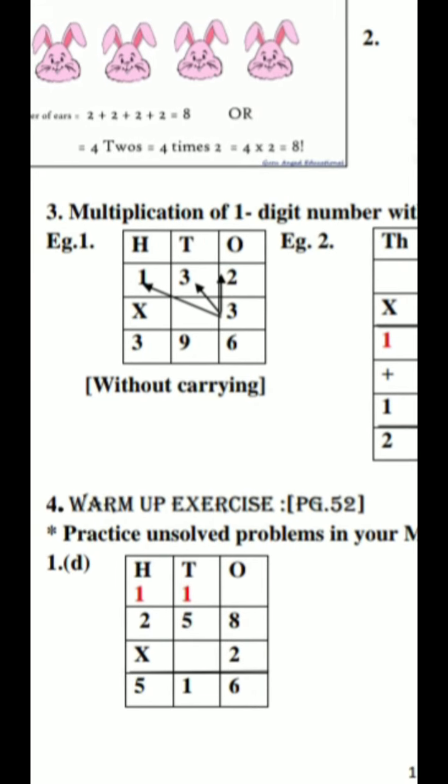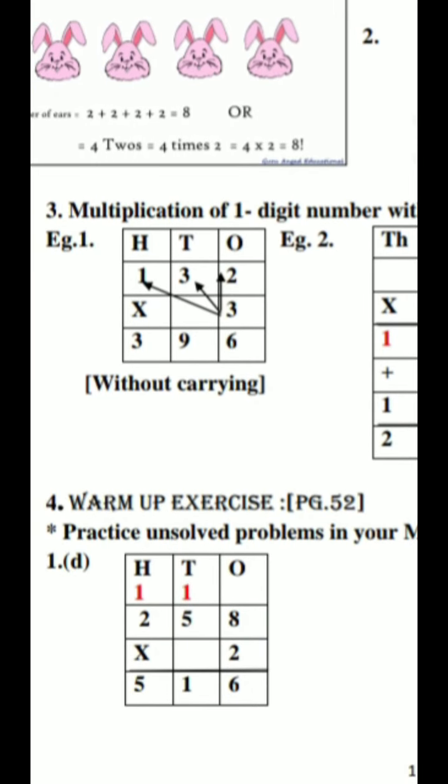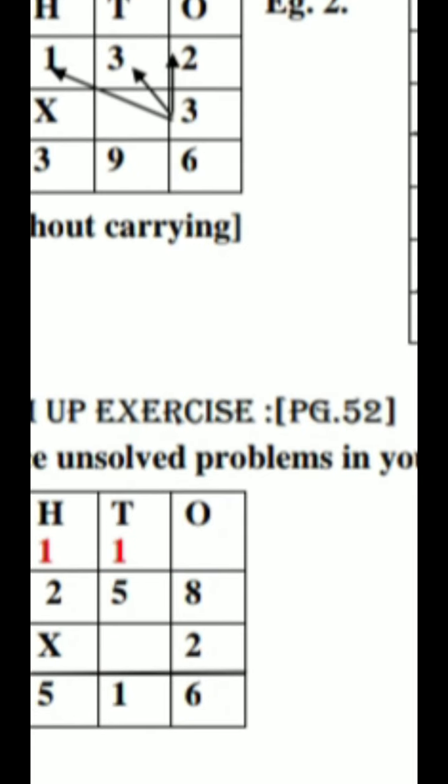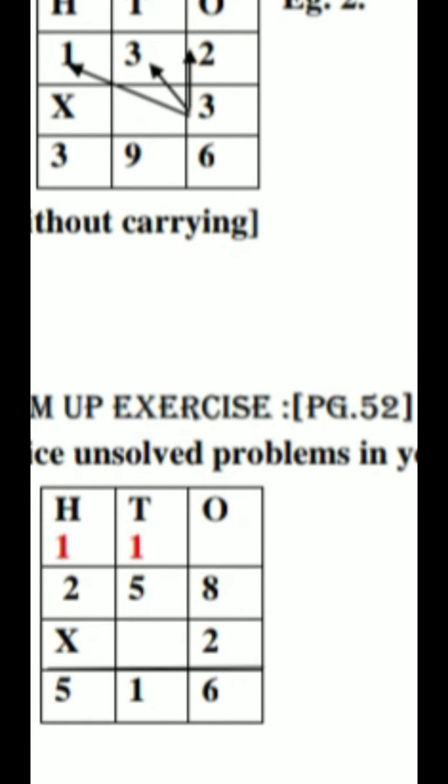Students, when we are multiplying the single digit number to 3-digit number or 4-digit number, you can have a carryover. So the red digits are nothing but the carryover in this multiplication. See here, 2 8s are 16, so 6 ones and 1 tens, which goes in carryover column. Similarly, 2 5s are 10, but now in that 10 you are going to add 1, so it makes 11, which again goes 1 in tens column and the 1 in hundreds column. 2 2s are 4, add that 1 carryover in the 4, you will get 5.